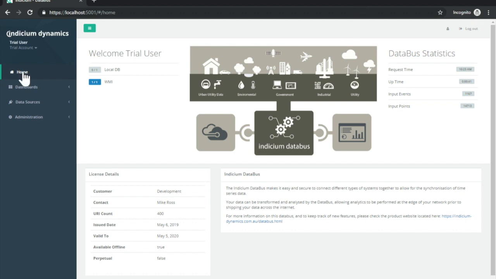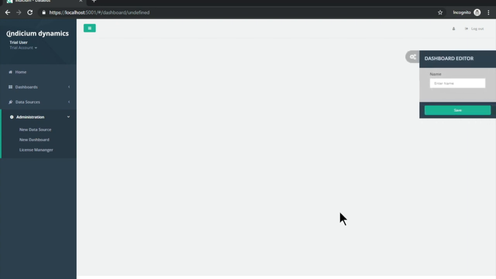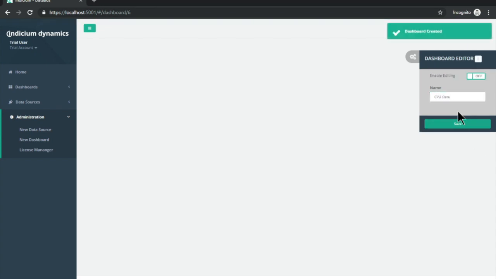Now let's set up a simple dashboard that will let us display the real-time WMI data and the historical data from the local database. From the administration menu, select New Dashboard. This will display a blank dashboard. If we hit the cogs over here on the right, we can give it a name and hit save. We can now enable editing